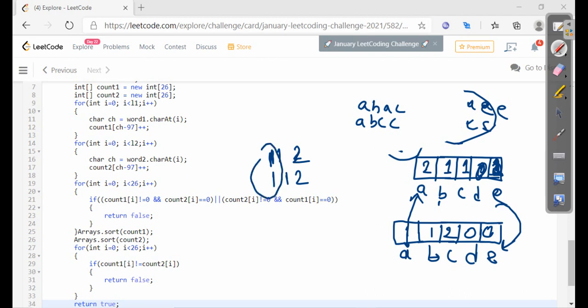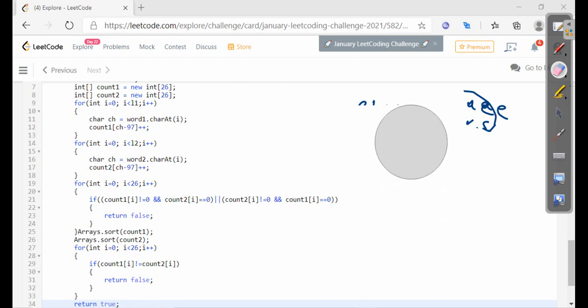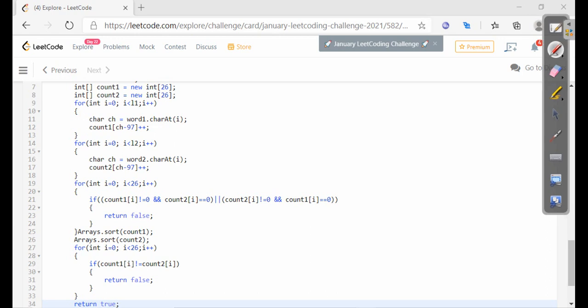We are going to check through this loop. We have iterated from index 0 to 26, meaning up to the 25th index, and we are checking whether each and every element is the same in the sorted arrays or not. If they are not the same, we are returning false, otherwise we are returning true. So now I am going to run this one and check whether our results come correctly or not, and what is the time complexity of this particular technique. So let's see.